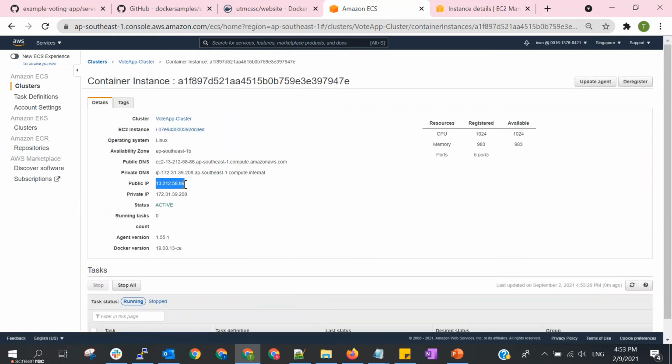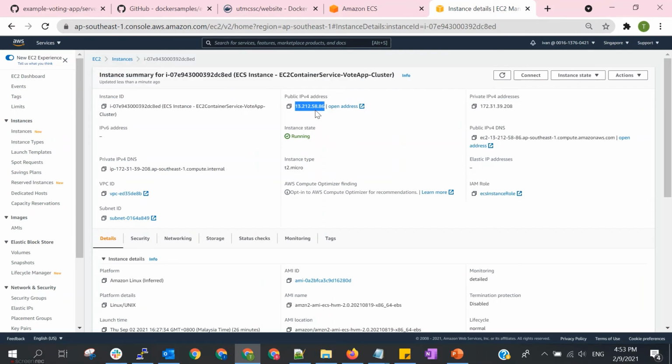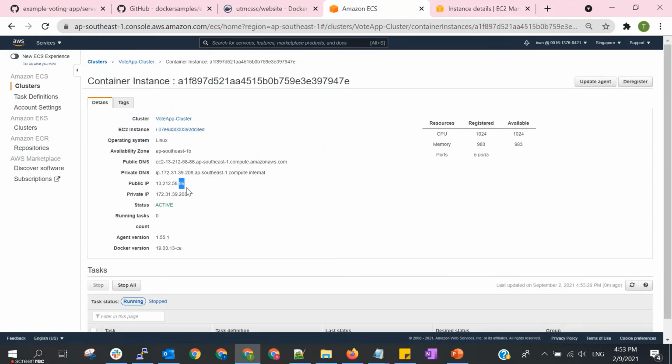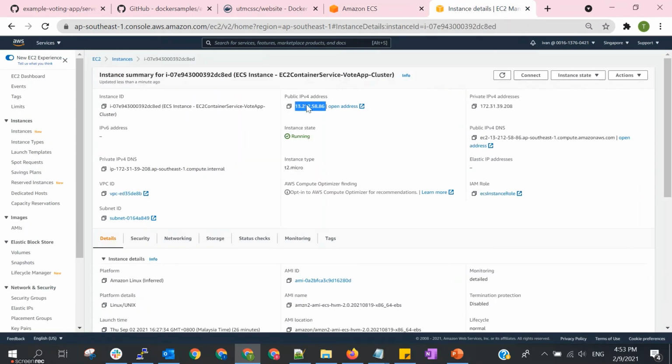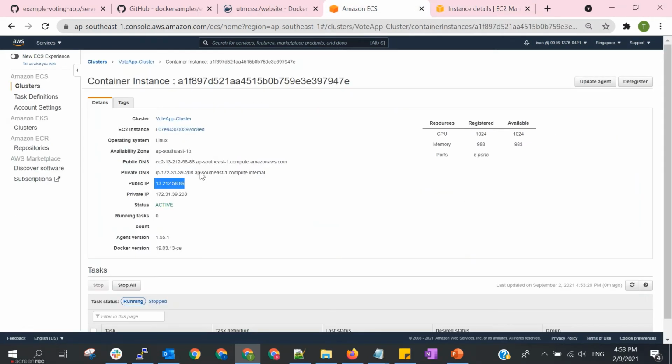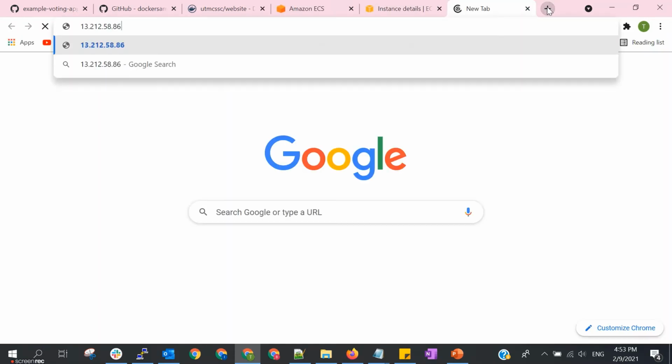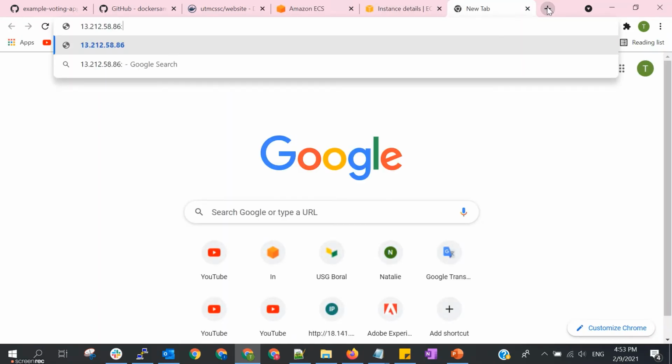This is the same IP, 13 and then ending with 86. It's actually this one. So yeah, you can get the IP from the ECS cluster or from the EC2 dashboard. It's the same thing. So let's try to access port 3000.